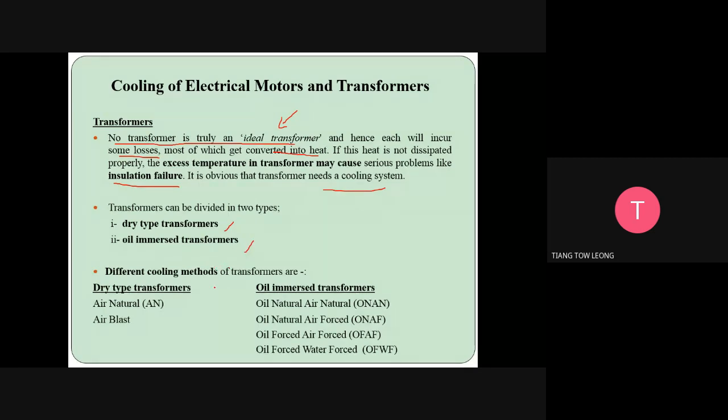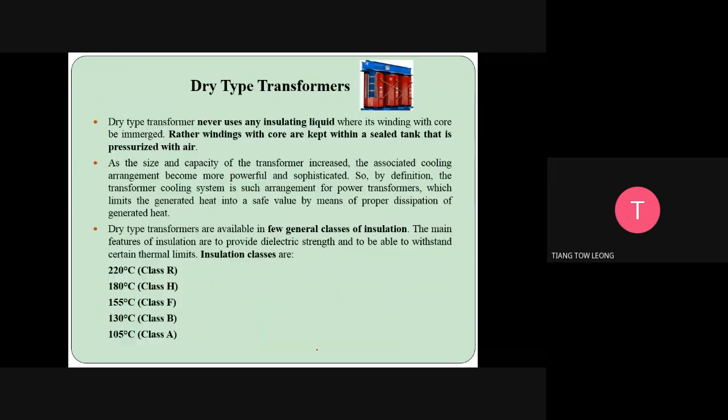The different cooling methods: we have a dry type transformer and an oil immersed transformer, and there are several short forms. For example, air natural (AN), air blast, oil natural, air natural, which means inside the transformer they use oil, and the transformer oil heat is released by air natural, just using a heat sink. Later we'll see the picture. We have oil natural, air force, oil force, and water force. We'll see how. For the dry type transformer, it means the transformer itself,